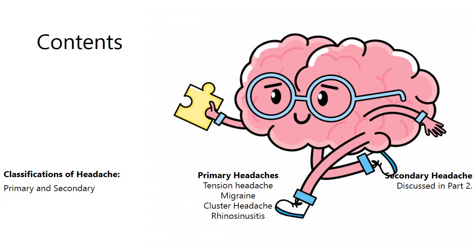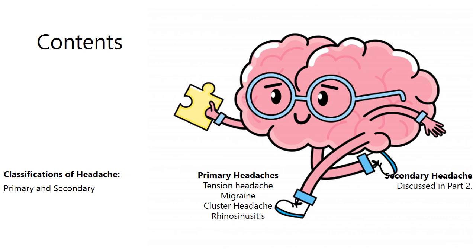With regard to the classifications of headache, there's primary headache and secondary headache. With primary, there is no underlying serious cause, whereas with secondary headache, there is an underlying pathology that we need to be concerned about. For example, with primary headache, we have tension headache, migraine, cluster headache, and rhinosinusitis. Now that's not an exhaustive list, that's just some of the common examples, and I'll be going through those within